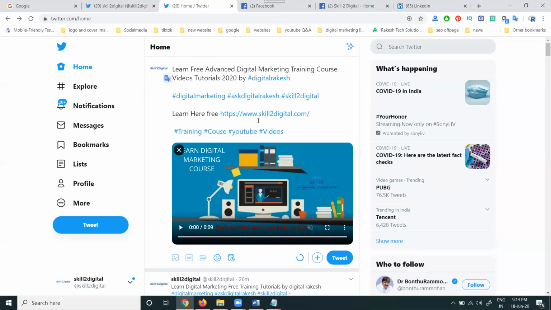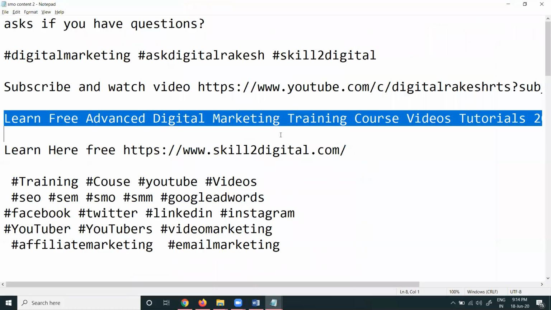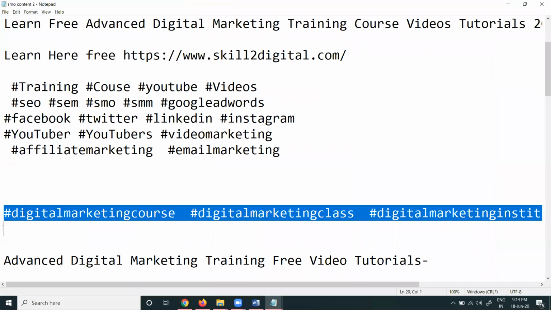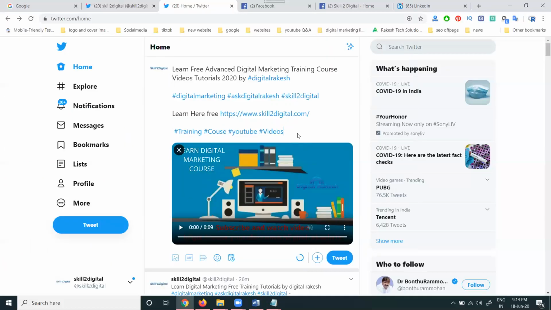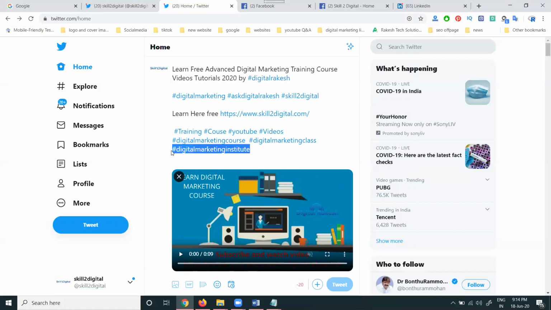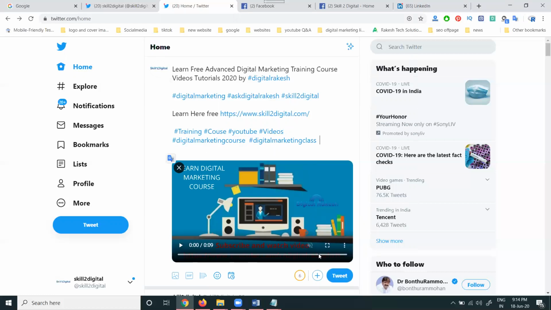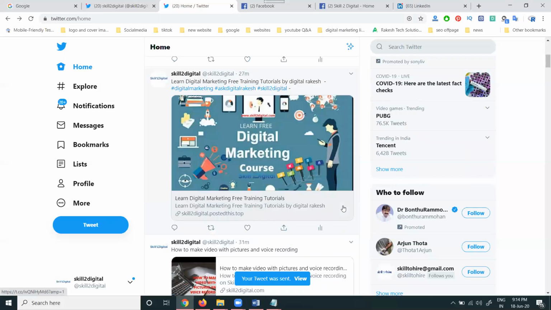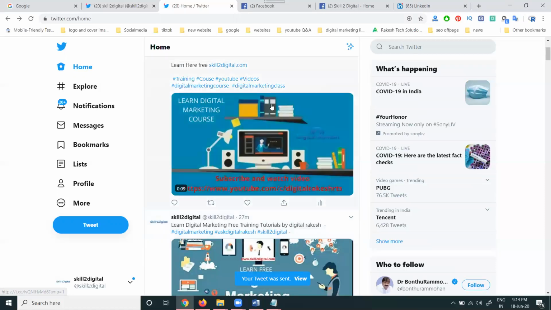So here, I'm posting with this option. What are the parameters we are using here? You can use this option. So yeah. So now click tweet. Each tweet will be done by your particular post option. See this one, the post is done here. Now click the more option, click analytics.